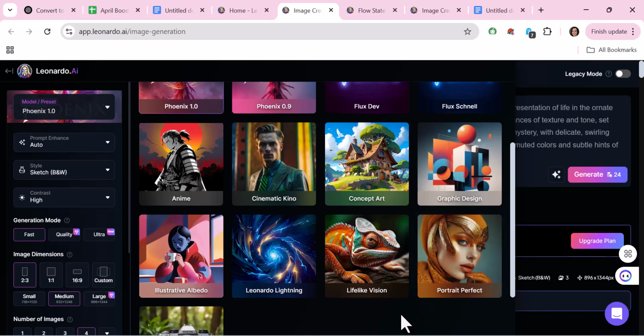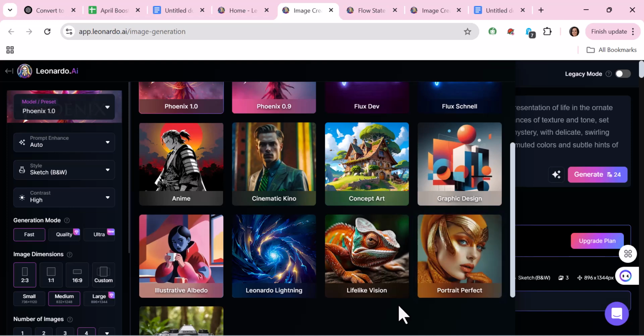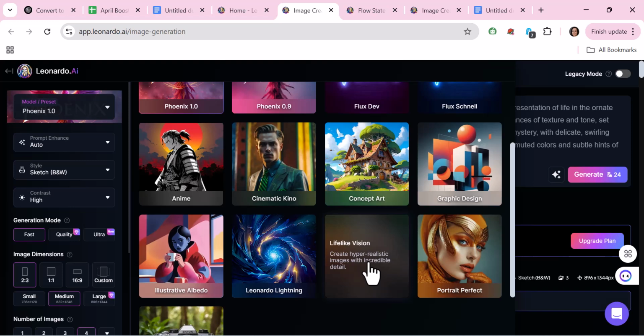So if you are looking for very detailed features in your image, you can choose the lifelike vision, as it creates hyper realistic images with incredible detail. But if you are looking for professional portrait shots, you can choose the portrait preset model. But since I would advise you go for the lifelike vision, and then